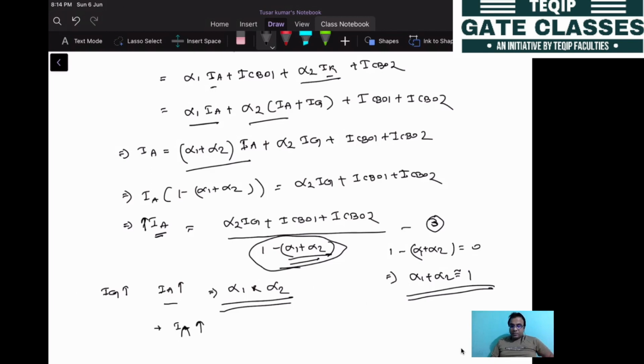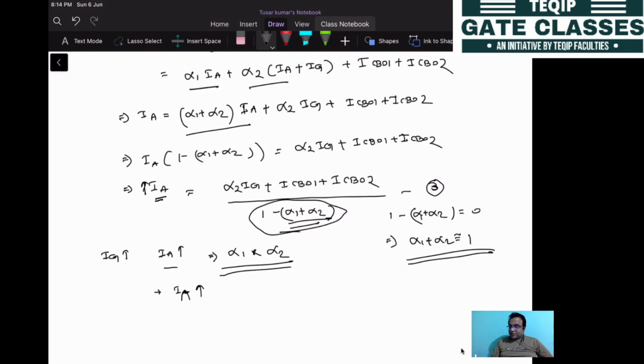Clear? So in that condition, you can see that when you are applying the gate current, it is increasing the anode current, because it will inject the electrons in the outer end layer. As a result, alpha 1 and alpha 2 will be increasing. If alpha 1 and alpha 2 increase, IA will increase further, then the device goes into conduction. The device goes into conduction.